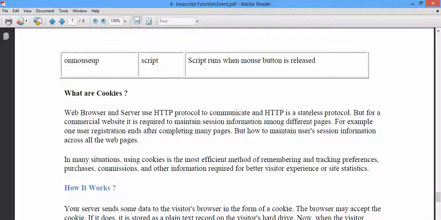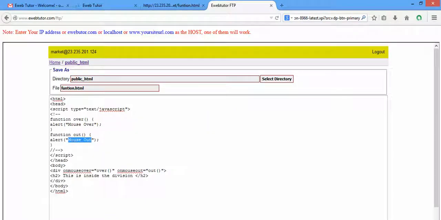You may be wondering what the meaning of cookies is. Let me just explain in a simple way. When you register on a particular site, let's take Facebook for example, and you log into your profile with your username and password, immediately you click on login, there will be a small pop-up box that will ask you if you want to save your password. You say yes. When you save the password and maybe something happens, you shut down your system,